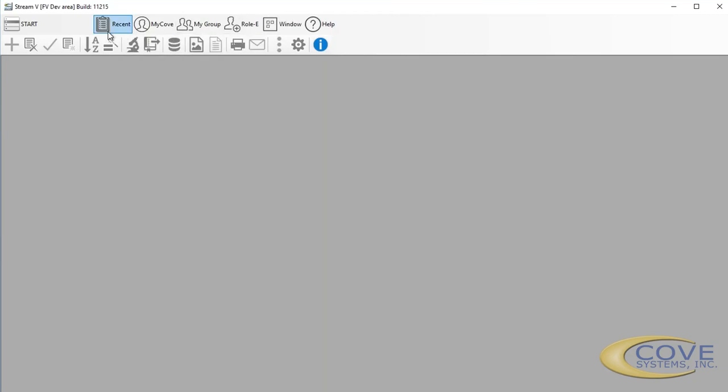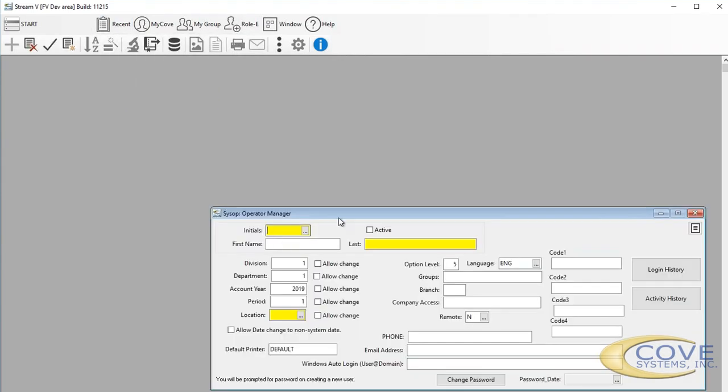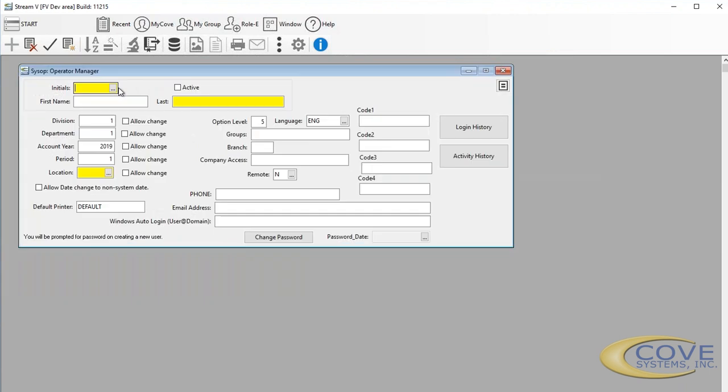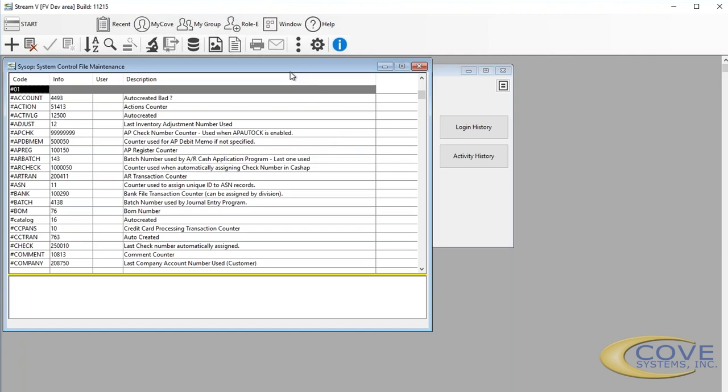So let's take a look at the operator file again. In the operator file, we can take a look, and we have the operator initials, we have groups and branches. So if we look at the policy file, the policy or system control information,